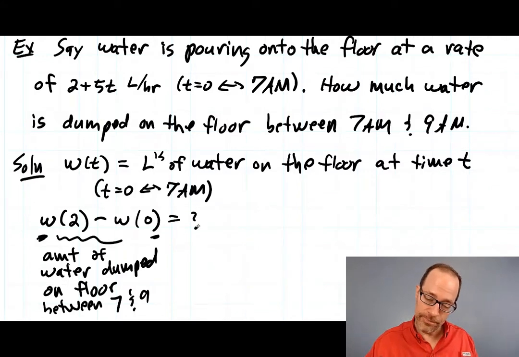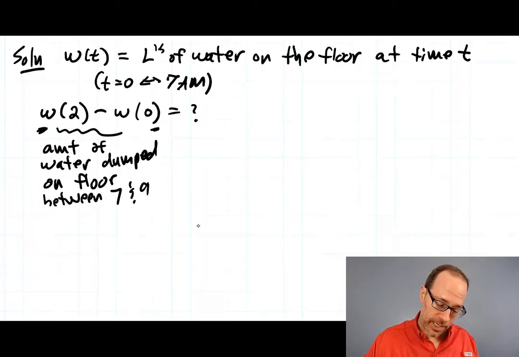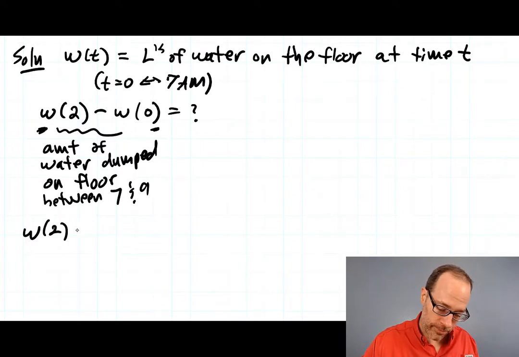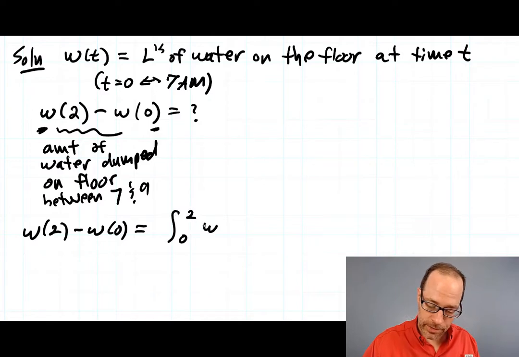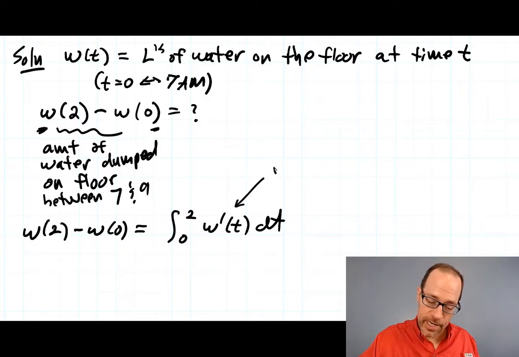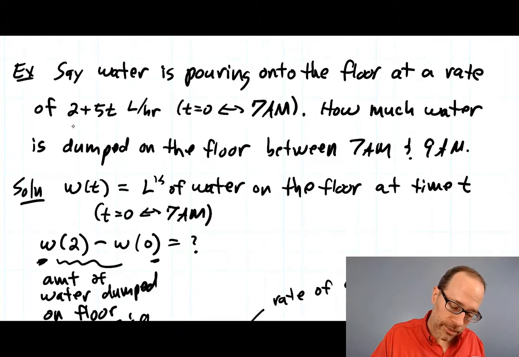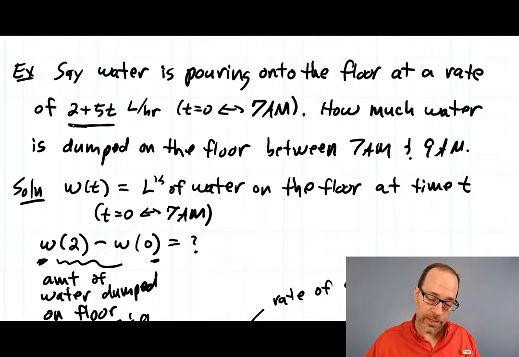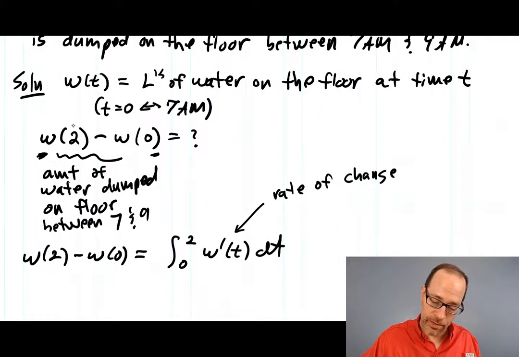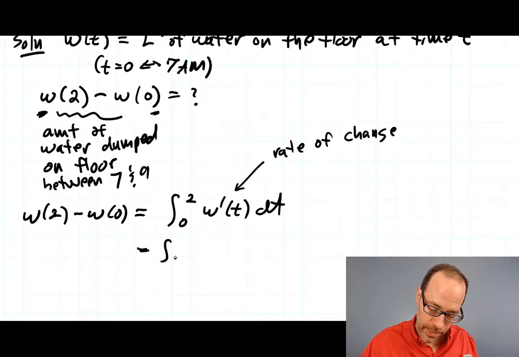What is that? Okay, well, this is a rate of change problem. This number here is the same as integrating from 0 to 2 of W prime of t dt. But this is the rate of change of the water. It's how much water is being dumped on the floor at every instant. And the water, as we looked back up here, was dumping on the floor at a rate of 2 plus 5t liters per hour. So you integrate the rate, 2 plus 5t,